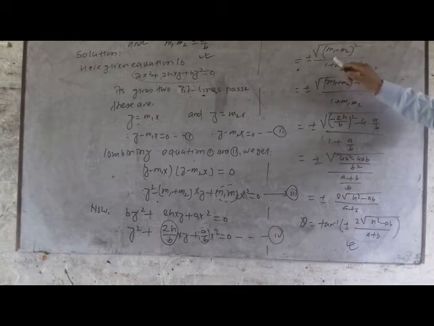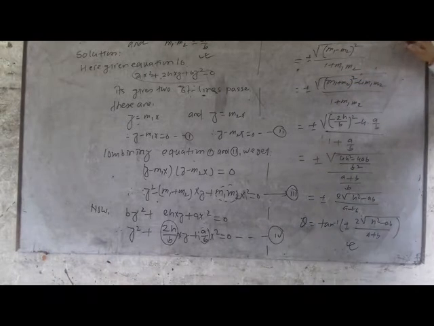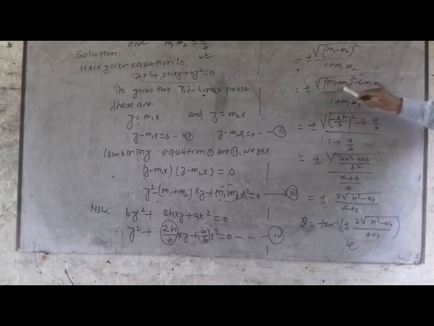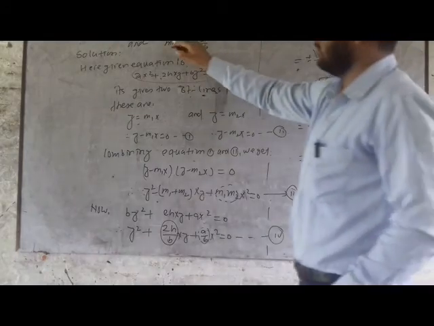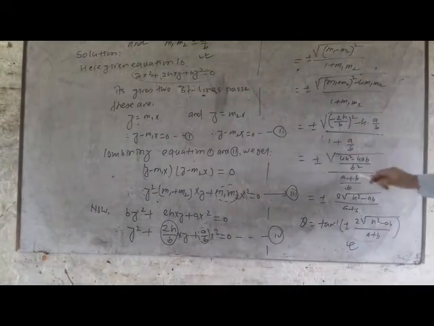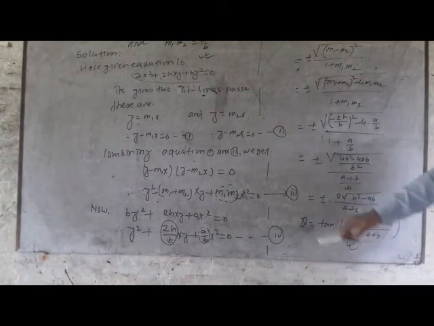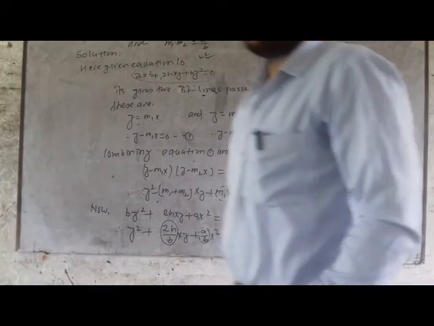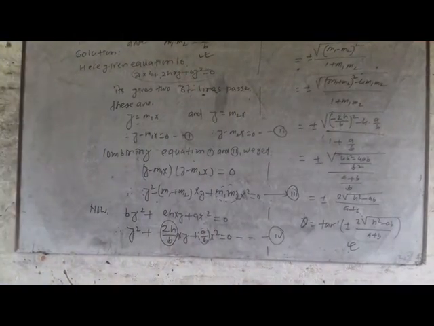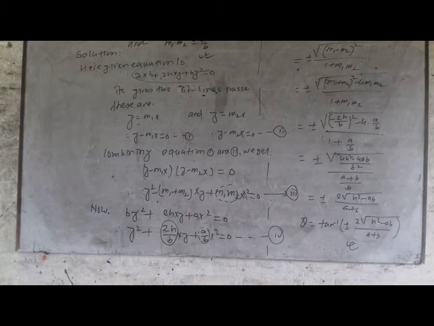Okay, and here you know the formula of a minus b whole square, that is a plus b whole square minus 4ab. We use this formula here: m1 plus m2 whole square minus 4 m1 into m2. From here you put the value of m1 plus m2 and a by b, and simplify this. At last you write theta is equal to tan inverse 2 root under h square minus ab by a plus b. This is a very important theorem, and you write it 2-3 times. You have to clear your concepts.